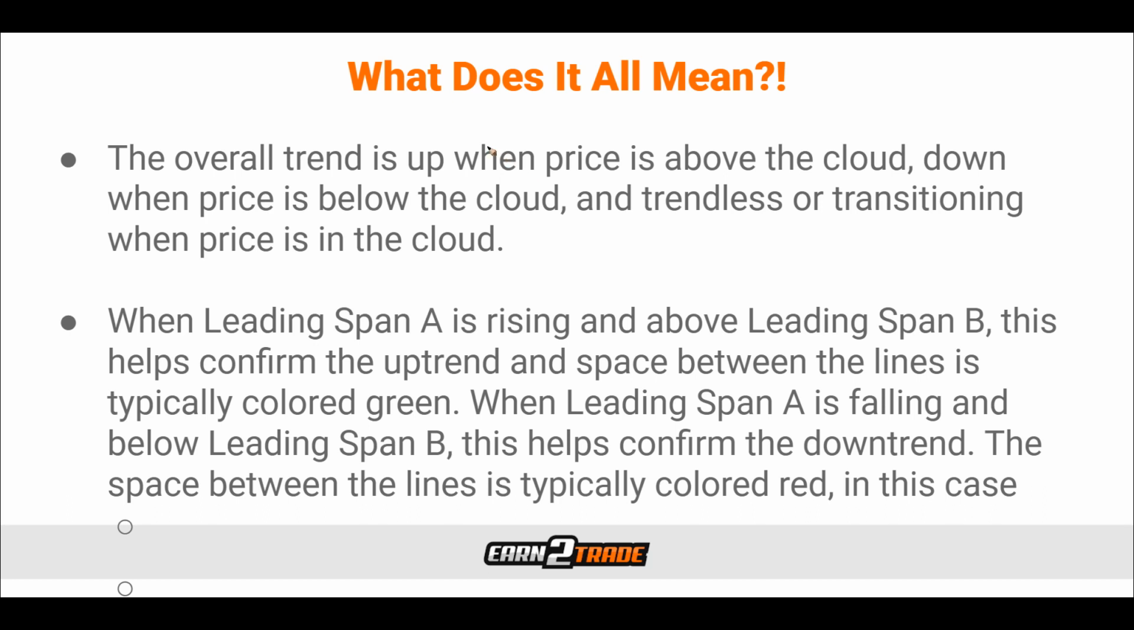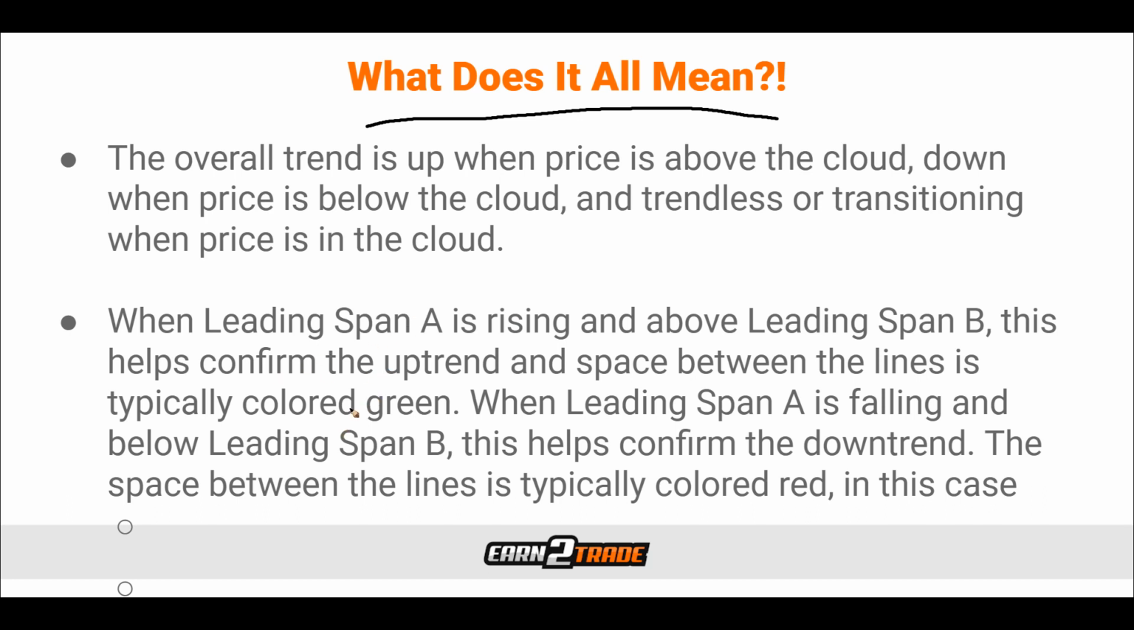Now, what in the world does it all mean? The overall trend is up when price is above the cloud, that is our bullish scenario. It is down when price is below the cloud, and it is trendless or transitioning when price is in the cloud. When leading span A is rising and above leading span B, this helps confirm the uptrend,